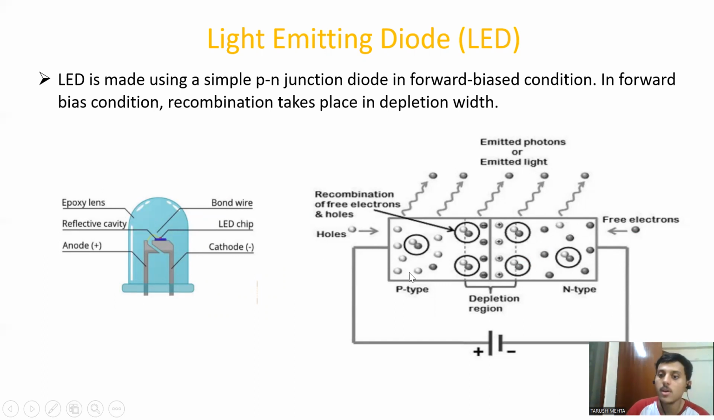So the basic working of this LED can be explained as follows. Whenever a P-type semiconductor and an N-type semiconductor are brought together, a depletion width is formed in between. Now, this depletion width will be depleted of the carriers, and there will be almost negligible carriers in this depletion width to support any current. However, when this PN junction is connected to some kind of battery in forward bias condition, then